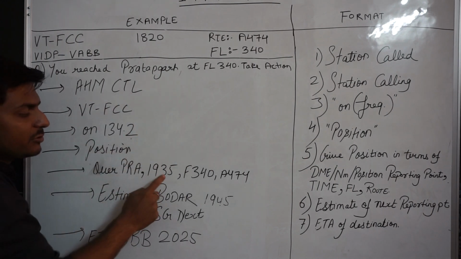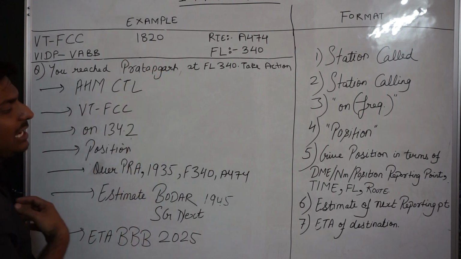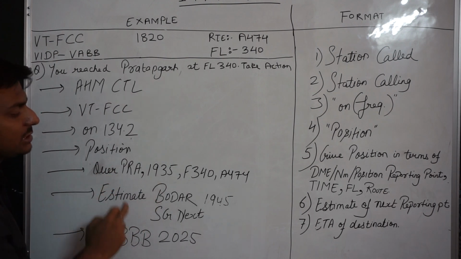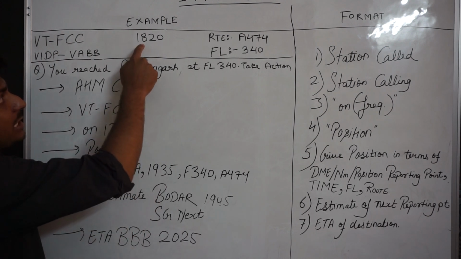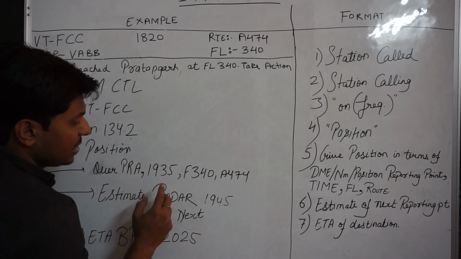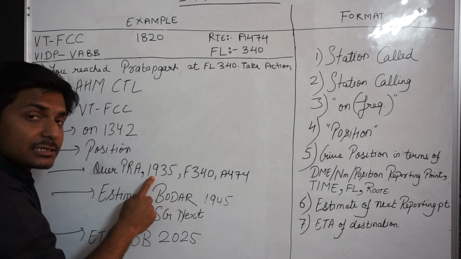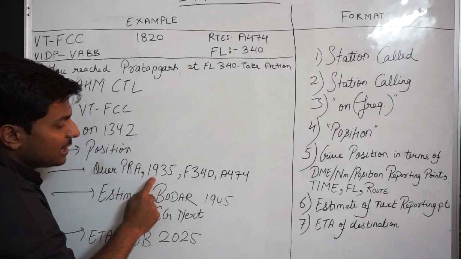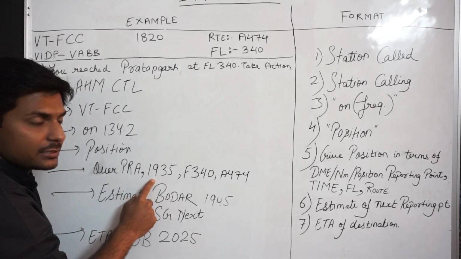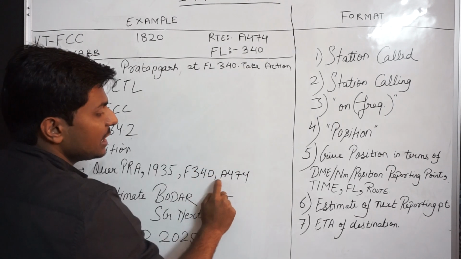Otherwise, if it is not, then you can add up the time from your chalk off time. So I have estimated that I'll be taking 1 hour 15 minutes to reach this point. So I've already added 1 hour 15 minutes. So this is 1935. Correction, 1935. Most important, you will not be pronouncing 9 as 9 in RT, because 9 is wrong pronunciation in RT language. It is a niner. So 1935, then flight level is 340, which is here,